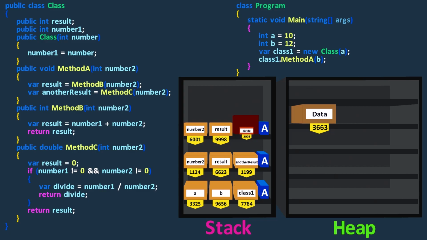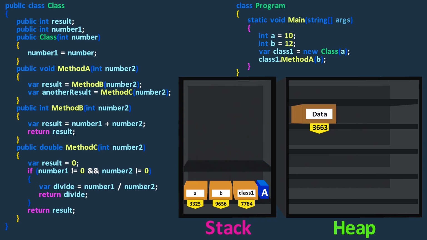Based on the return address in the stack frame, the program continues execution at the location of the method call. Then, the execution of the method ends, and its stack frame is destroyed. Next, method A ends, and its stack frame is also destroyed. After that, based on the return address, the program returns to the location where method A was called. Finally, the main method ends, and its stack frame is also destroyed.